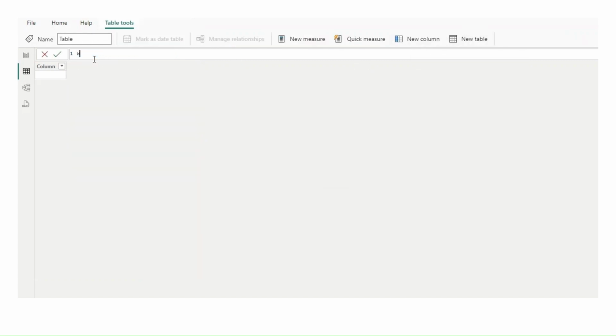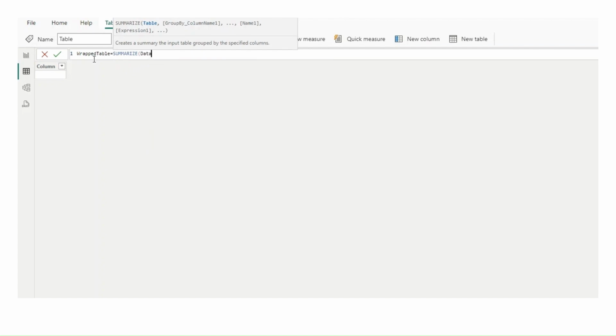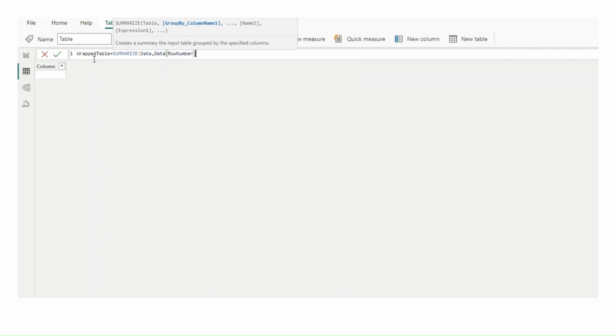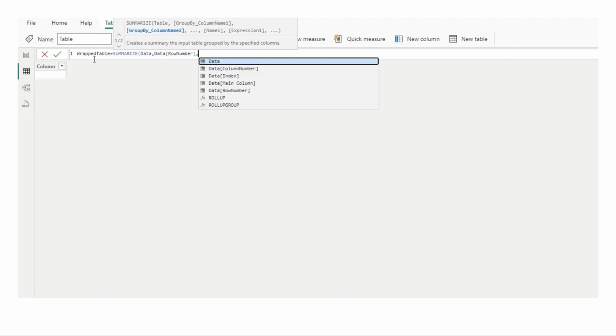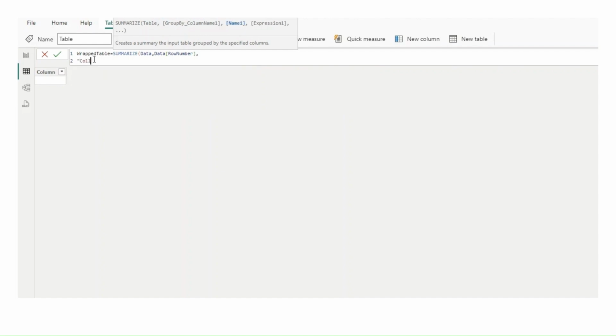Now I'm going to create a summarized table. So I'm going to name it wrap tables, and then summarize it. Let's go and do a data supply the table. Then let's group it. So basically group it by row number. So first would be column 1,